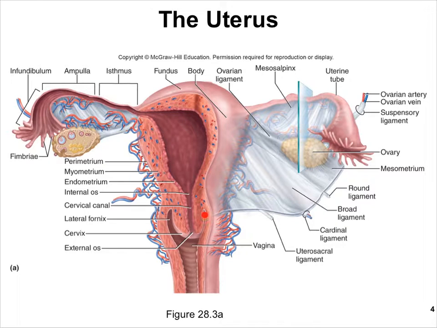Here we see the cervix. The cervix actually extends into the vaginal cavity and has a small cervical canal here. The body of the uterus is the middle part, and the fundus is its top surface. The uterus is connected